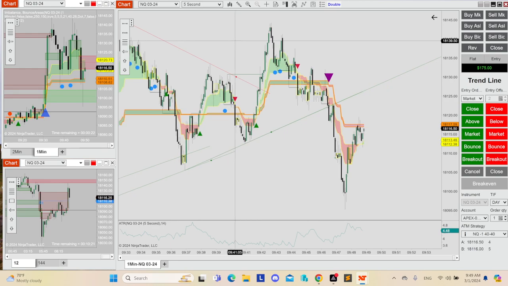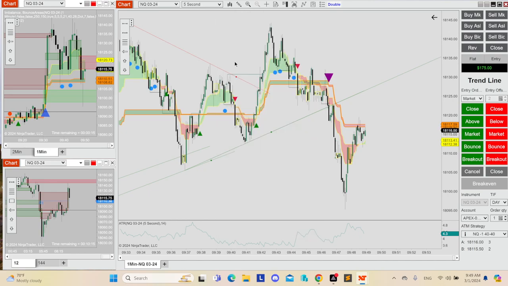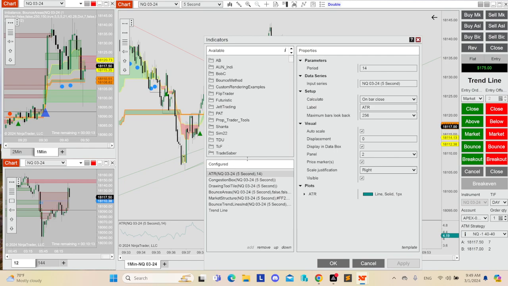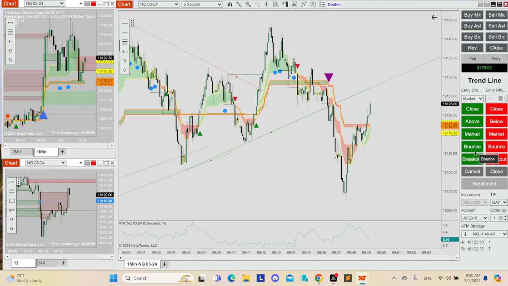Of course, you can load another instance of this indicator with larger strength or smaller strength. That's up to you. But it still needs to be tested a little bit more,